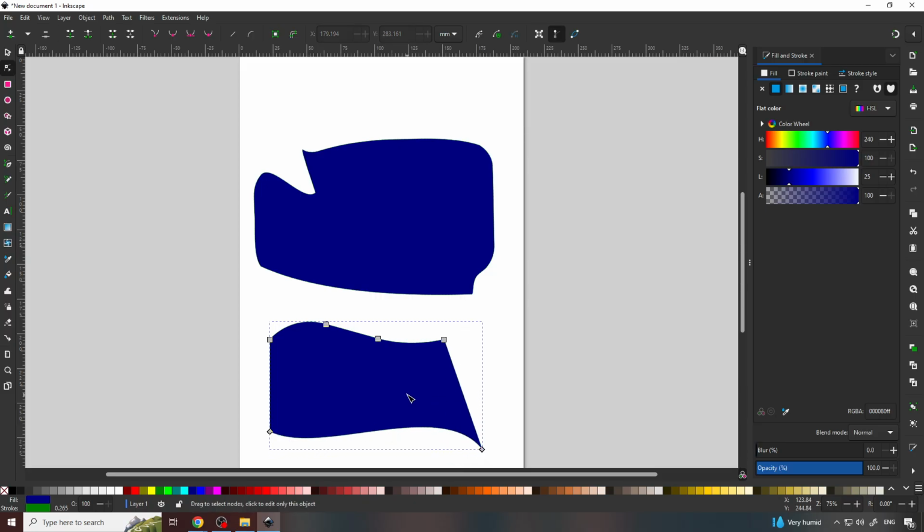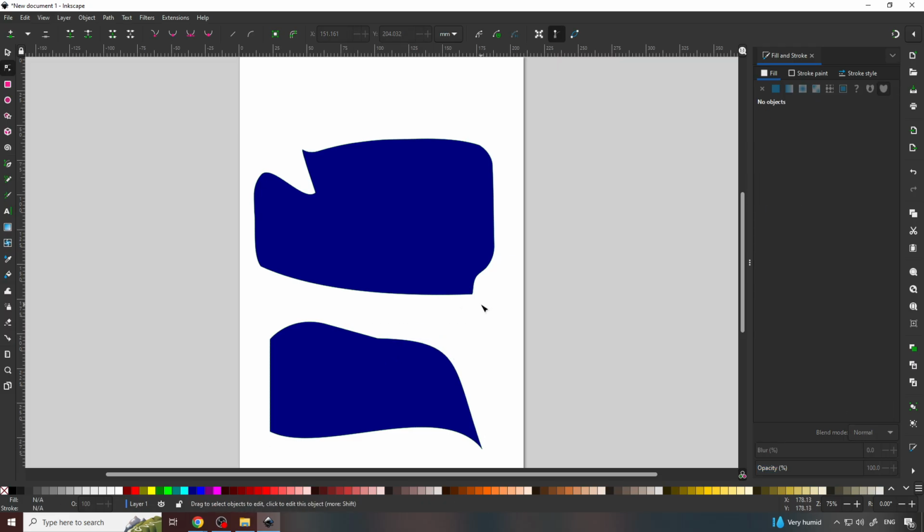And that's it. You've learned how to reduce unnecessary nodes and create cleaner, smoother paths in Inkscape. And that's how to